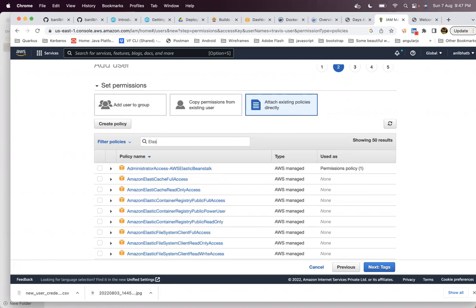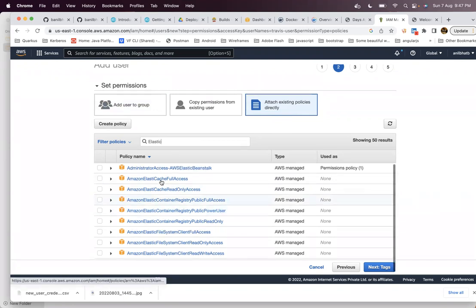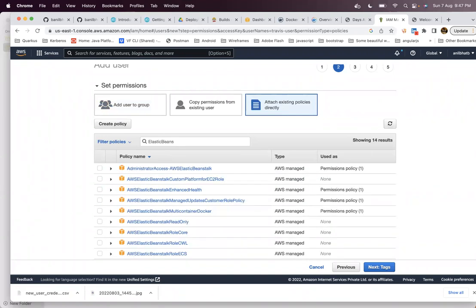So you want to use Elastic Beanstalk. There is a policy called AWS Elastic Beanstalk Administrative Access. This is what you have to select in order to do the deployment to Elastic Beanstalk.